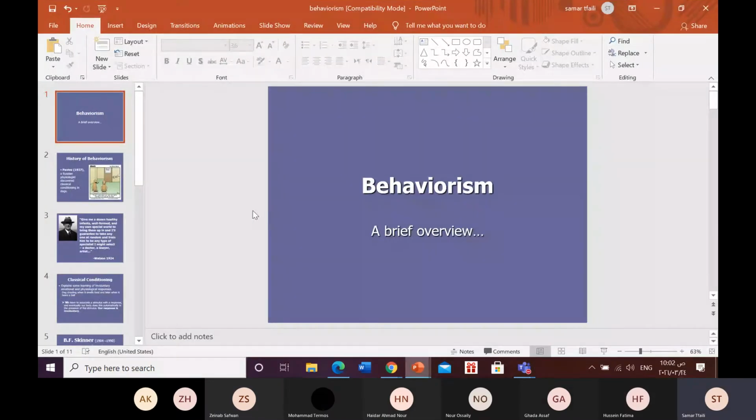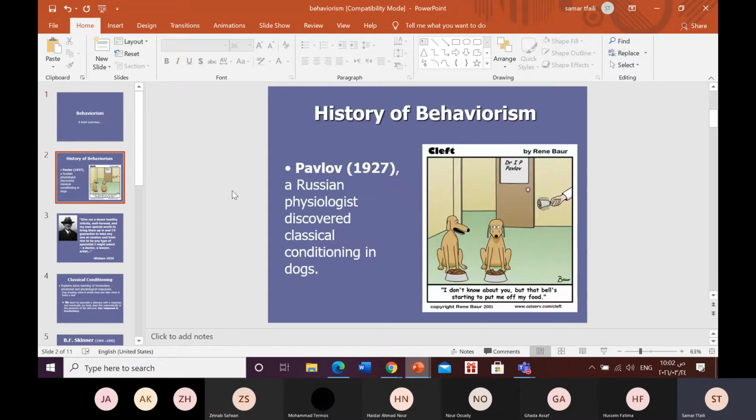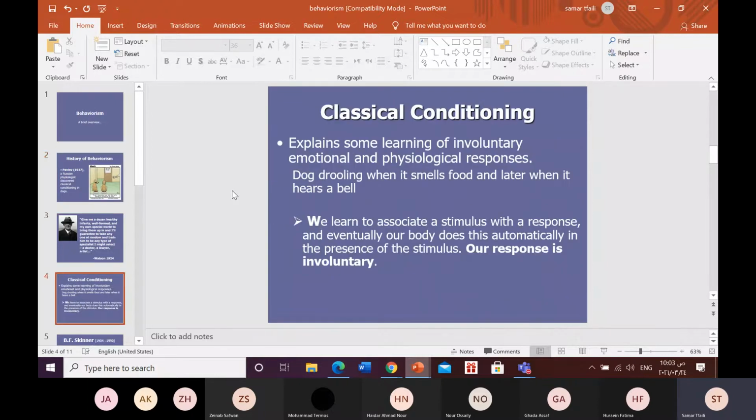We were talking behaviorism in the previous session. We talked, we are not going to go deeply into details because you are familiar with these theories. I'm going to focus on their impact in the classroom. We talked about Pavlov. Pavlov talked about classical conditioning, which means that we give a stimulus in order to get a response. This is the classical conditioning.